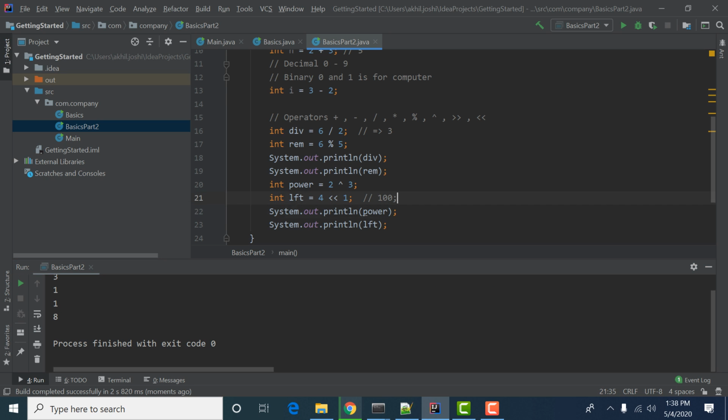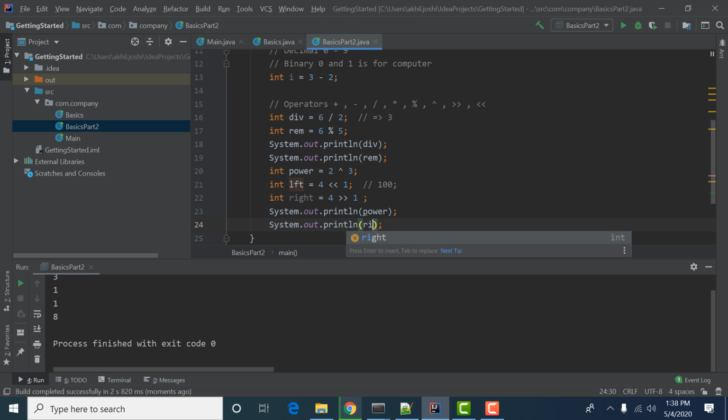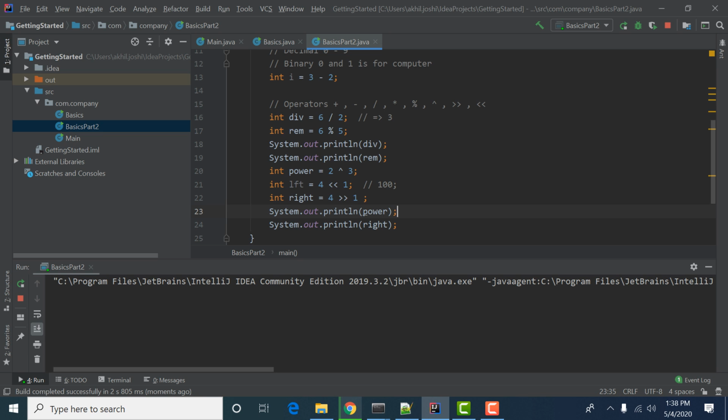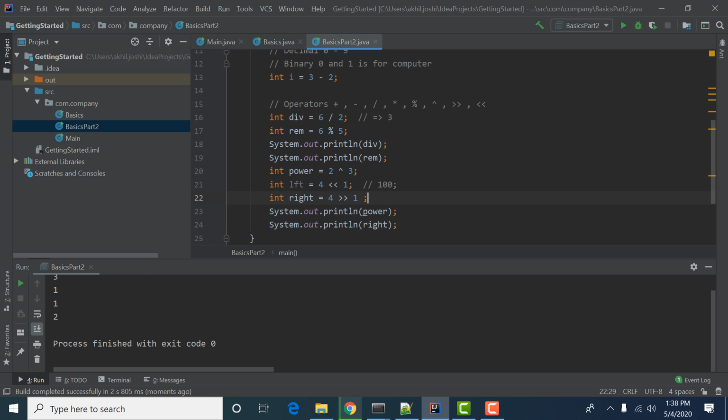For the right shift, it is totally opposite. It will divide by 2. So the operation is reverse.